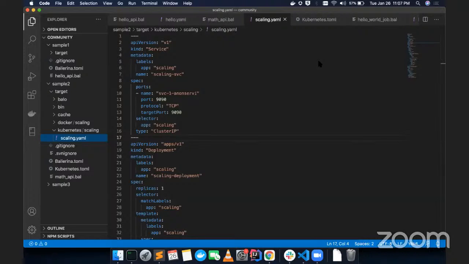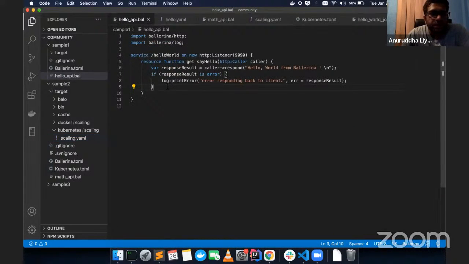There's a question on YouTube from Sebastian: how to connect to a React app that's also containerized, so that the Ballerina generated cluster can talk to it and add the React app into the cluster that's already created. The recommended way is to use environment variables.